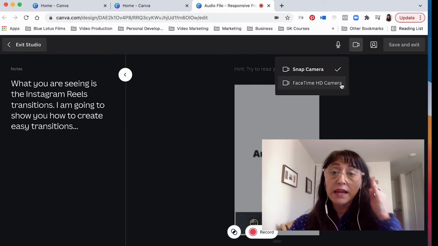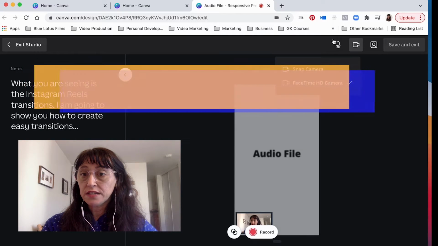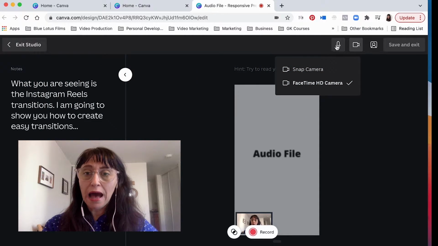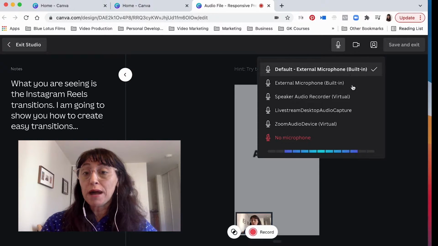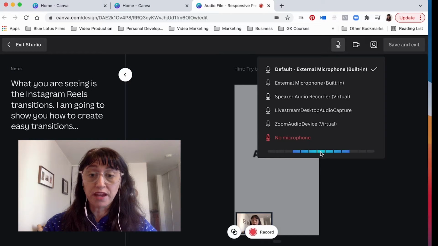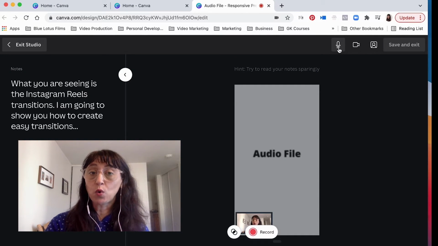on the camera icon, make sure it's set. I want it on FaceTime camera for a Mac, and then on the mic icon, I want to make sure my mic is on, and I can tell that it's working because I see these bars moving at the bottom there. So now that our mic and our camera are completely set up, we can go ahead and record our